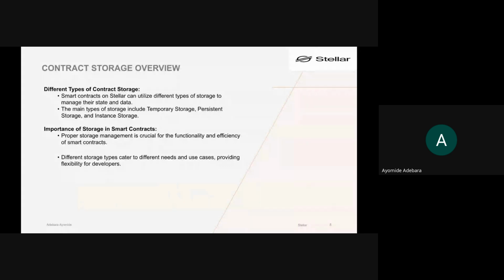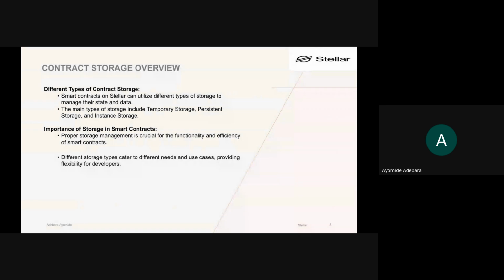What then is the importance of storage in smart contracts? Proper storage management is crucial for functionality and efficiency of smart contracts. Different storage types cater to different needs and use cases, providing flexibility for developers. And it is true.